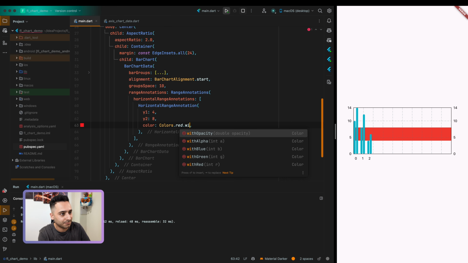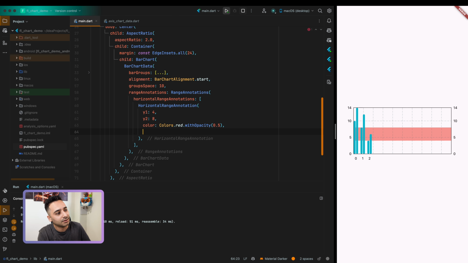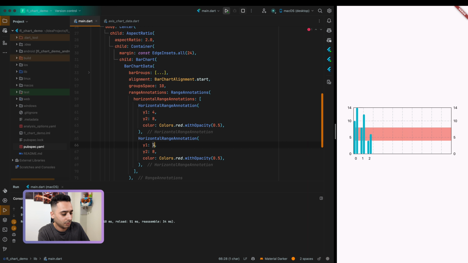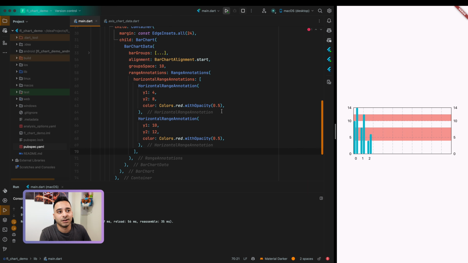We can decrease the opacity here. Yeah, and also we have gradient, so you can decide to have a color or have a gradient over the range that you have, and you can have multiple of them. For example, we can have from 10 to 12, for example. Yes, and also we have vertical range annotations that work the same. So I'm going to remove it,